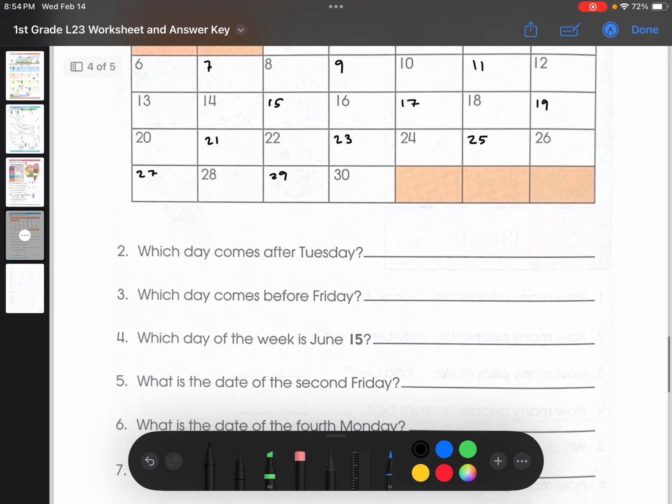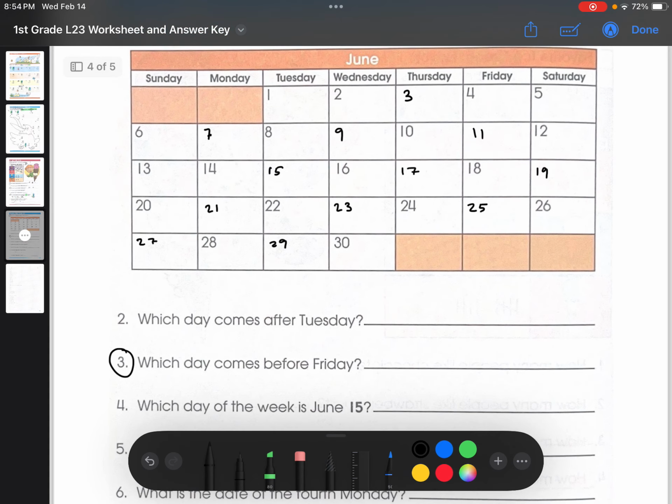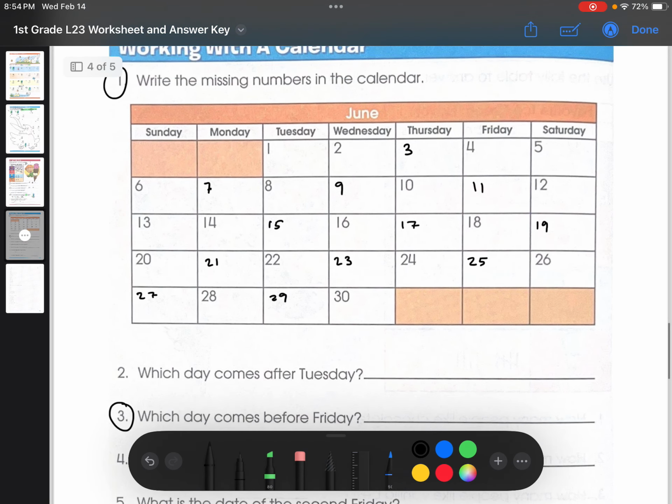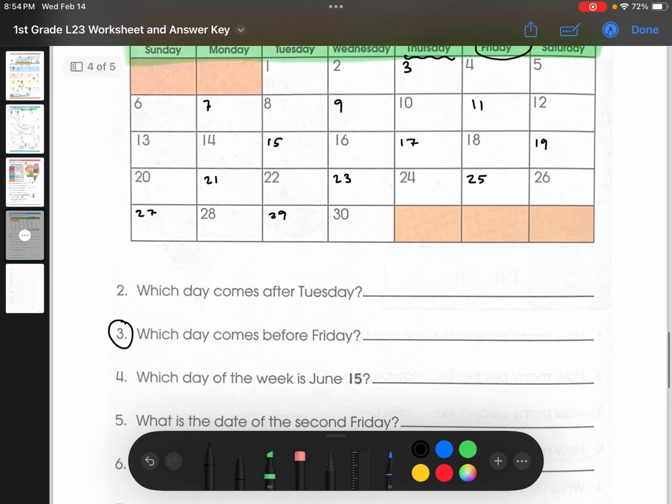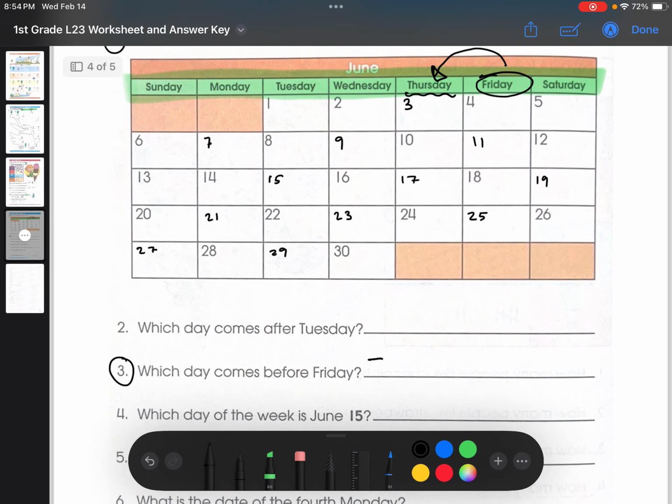So let's just do the last question, number 3. Which day comes before Friday? So if we look at this section right here, these are all the dates: Sunday, Monday, Tuesday, Wednesday, Thursday, Friday, Saturday. So Friday is this one. So the one that comes before is right here, and that would be Thursday. So you could just write